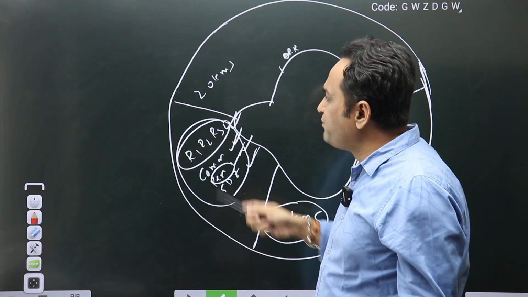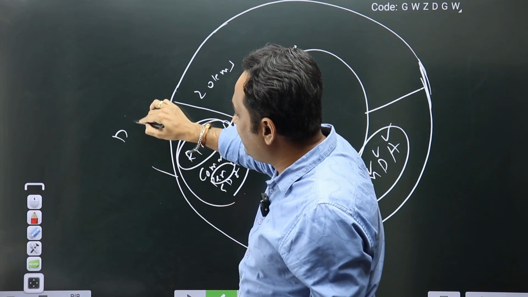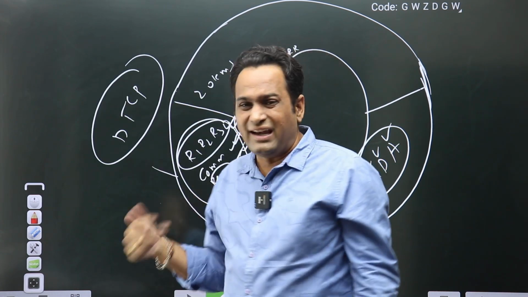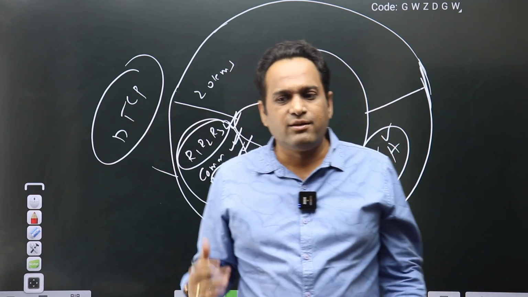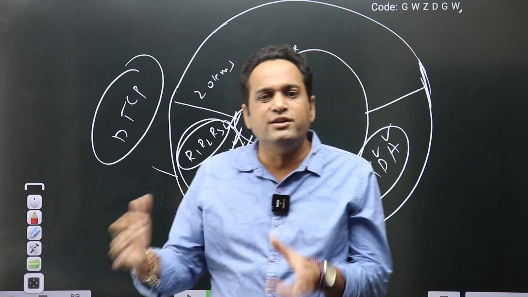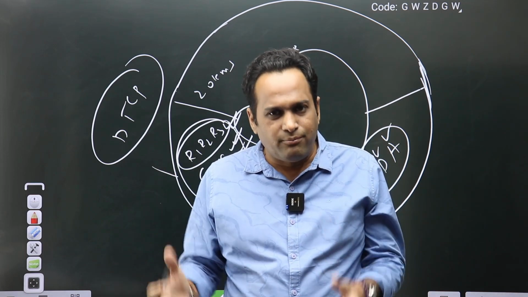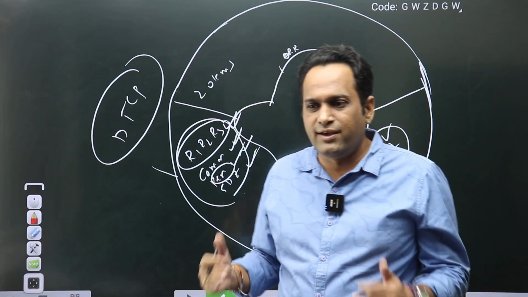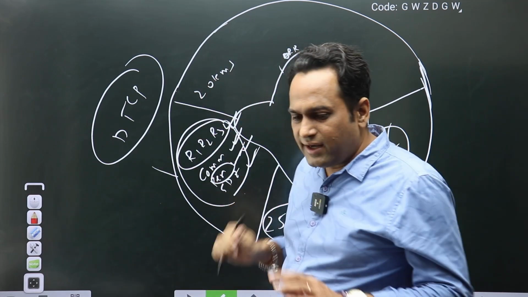And whatever comes beyond this 25 kilometers mark is called the DTCP limit. The whole of Telangana, the rest of Telangana, is a part of DTCP, Directorate of Town and Country Planning. Now DTCP is nothing but an authority which gives you permission for a layout. And HMDA is also the same kind of body which gives you permission for a layout. But HMDA gives in HMDA limits, and DTCP gives the permission everywhere else beyond HMDA limits. And this is one clarity you should have.